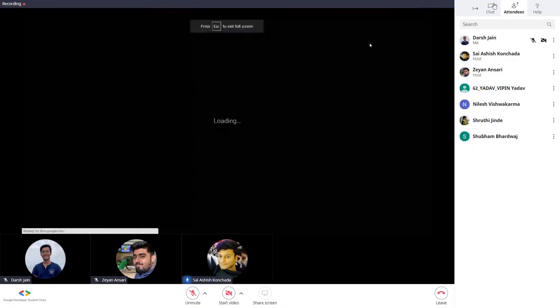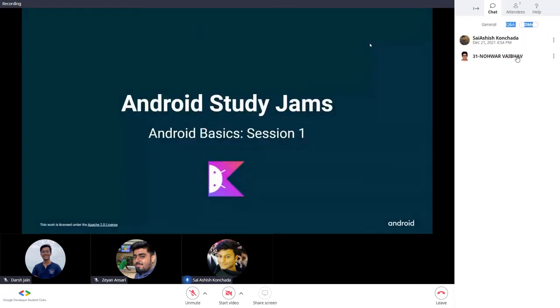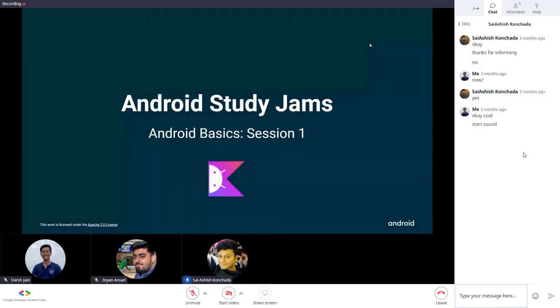Let me first tell you what Android Study Jams are about. As in the first session, I introduced you all to the Android Basics in Kotlin course. In that course, there are around 6 units. Those units have different pathways, and we have to complete different activities in order to gain badges and a certificate. What happens in Study Jams is that we collect a group of people, and we all sit together and complete these units one by one.